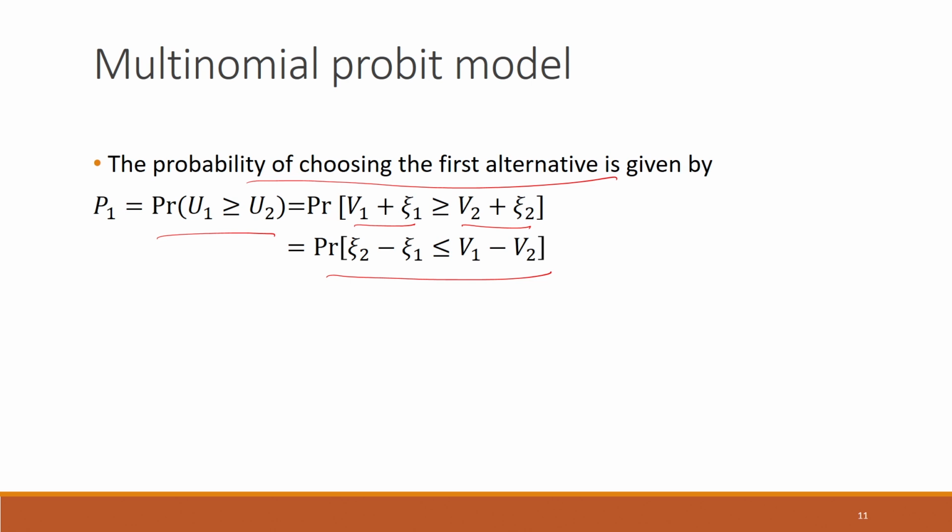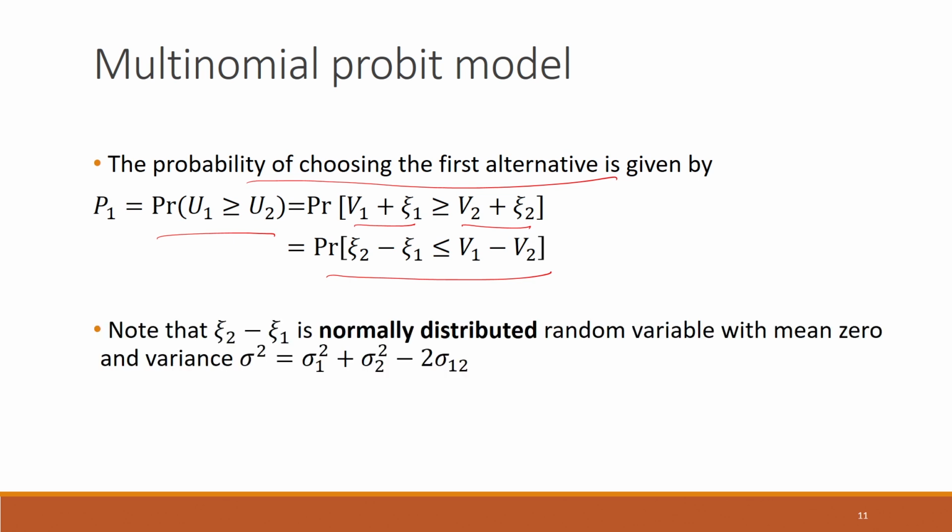Now, since E2 and E1 are given bivariate normal distribution, from the properties of this distribution it is known that combinations of such error terms, such as the differences here, is also another normal distribution function. So, this E2 minus E1 is a normally distributed random variable that has mean 0 and variance sigma square, where sigma square is sigma 1 square plus sigma 2 square minus 2 sigma 1 2. Okay. So, these are some standard